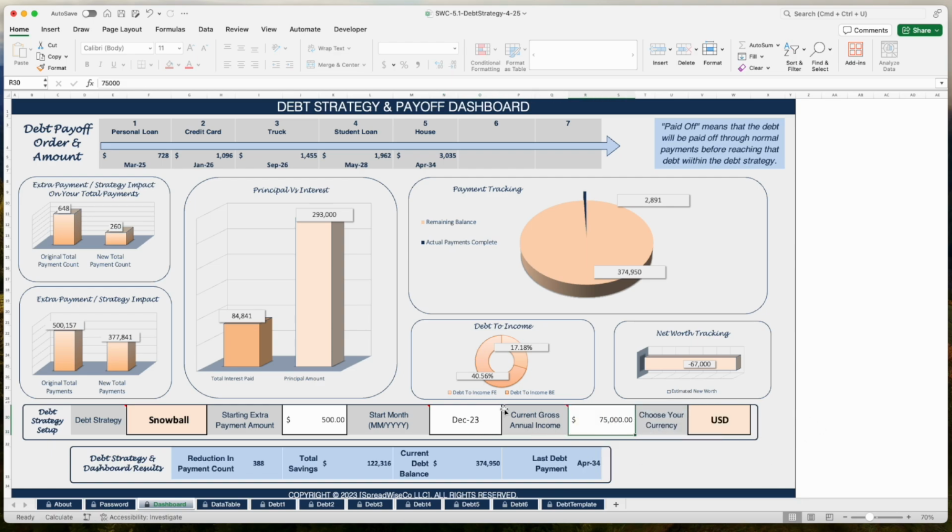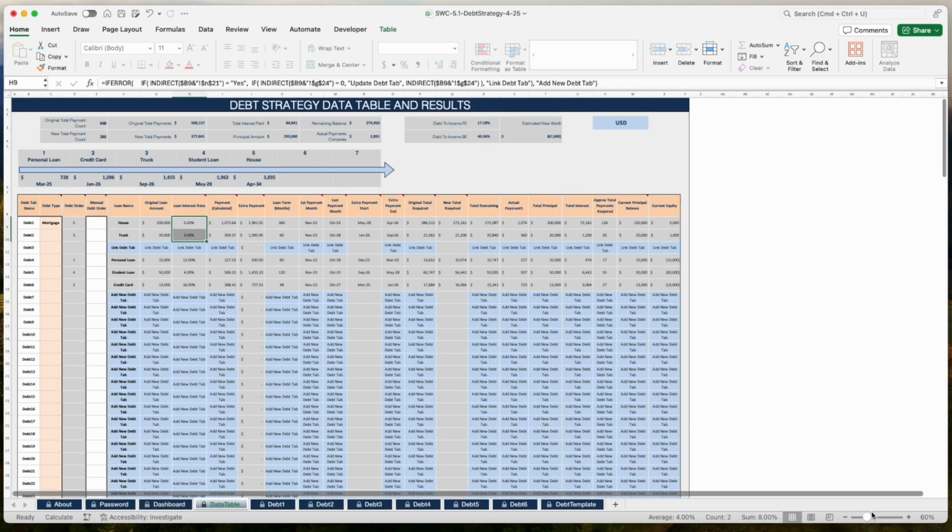So this only helps calculate, so a couple things, well actually it is two things, but really one is debt to income, but you've got two sides of debt to income. It's your debt to income front end and debt to income back end. If you don't know the difference between the two, debt to income front end is just mortgage over real estate. So in this case, how this is calculated is if I go to my data table, and you're going to want to do this, by the way,